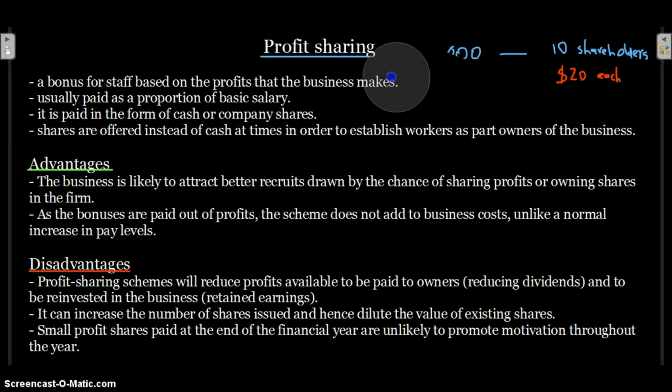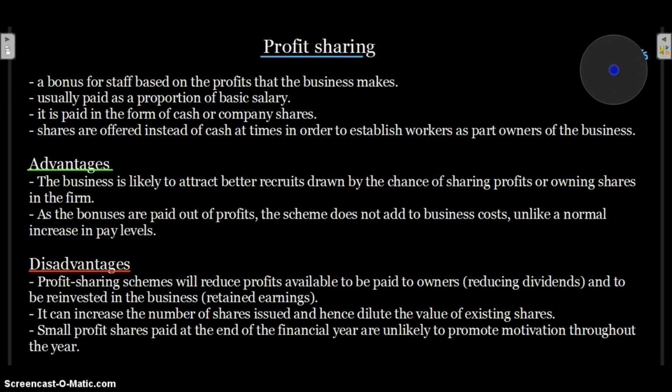So that becomes a problem, and of course you'll have to pay more. The existing employees, their profits are being reduced a bit, so they're not too happy with this method at times.